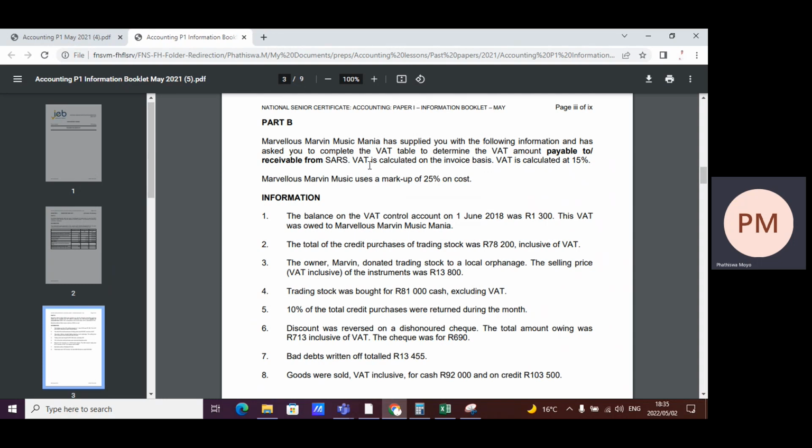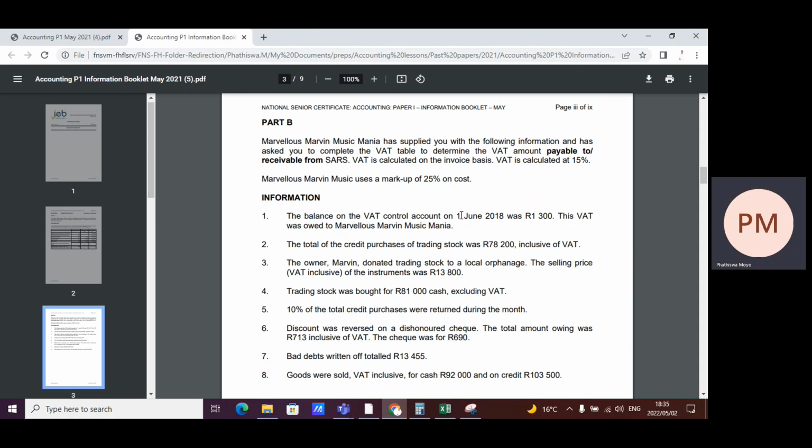Marvelous Marvin Music Mania is supplied with the following information and has asked you to complete the table to determine the VAT payable to or receivable from SARS. VAT is calculated on the invoice basis and VAT is 15%. Marvelous uses a markup of 25% on cost. Balance of VAT control account on 1st, so which means the financial year end is 30 May,